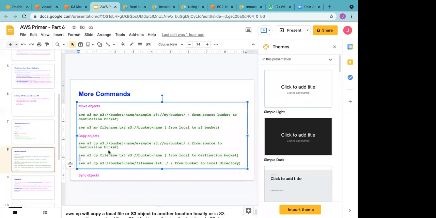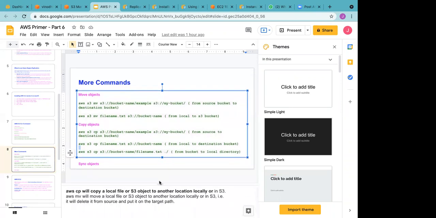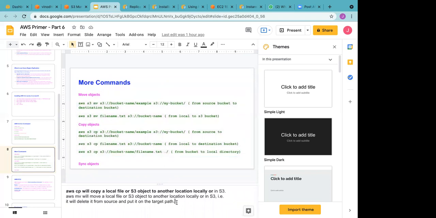Copy. Okay, so with move, I was a little curious to understand what the difference is between the move and copy commands. So this is what I got. With move, the data from the original source gets deleted, but with copy you're maintaining replicas, so the data would be there in your source place as well as in your destination place. So if you want to do a copy, you can do it.